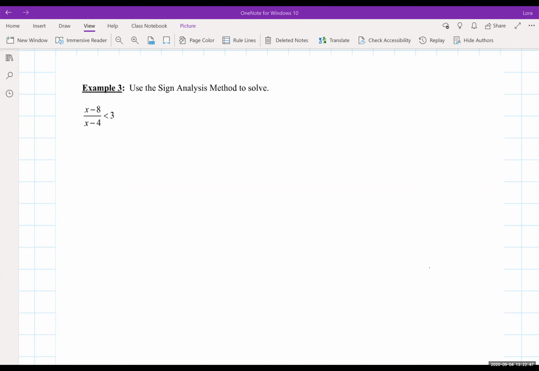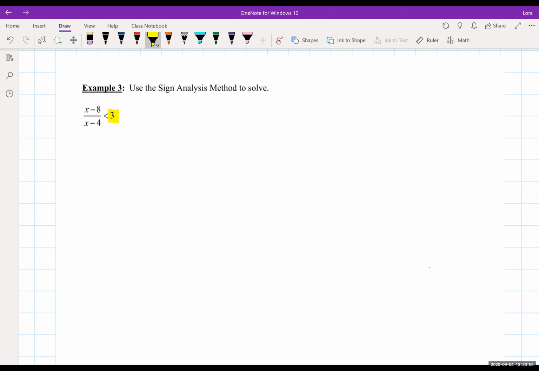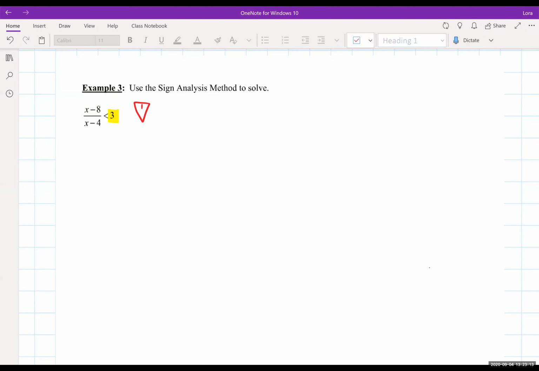Welcome back. We're going to look at using the sign analysis method to solve a rational inequality. And with this example, unlike the previous examples, I want you to notice that the inequality at this moment is being compared to a number that's not zero. So this is going to involve a little bit more work, still doable on this part, but we need to